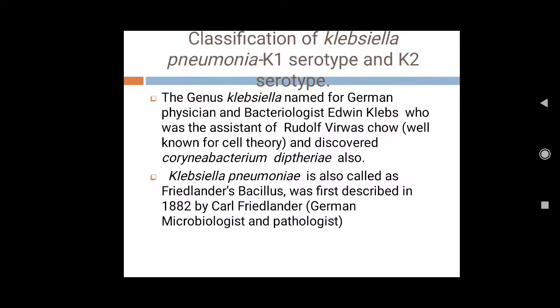Classification of Klebsiella pneumoniae: K1 serotype and K2 serotype. The genus Klebsiella is named for German physician and bacteriologist Edwin Klebs, who was assistant of Rudolf Virchow, well known for the cell theory, and who also discovered Corynebacterium diphtheriae. Klebsiella pneumoniae is also called Friedlander's bacillus, first described in 1882 by Carl Friedlander, German microbiologist and